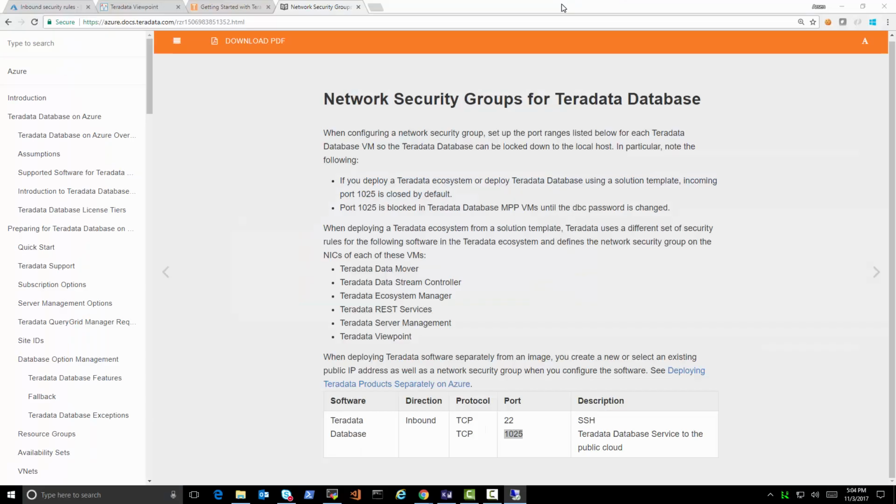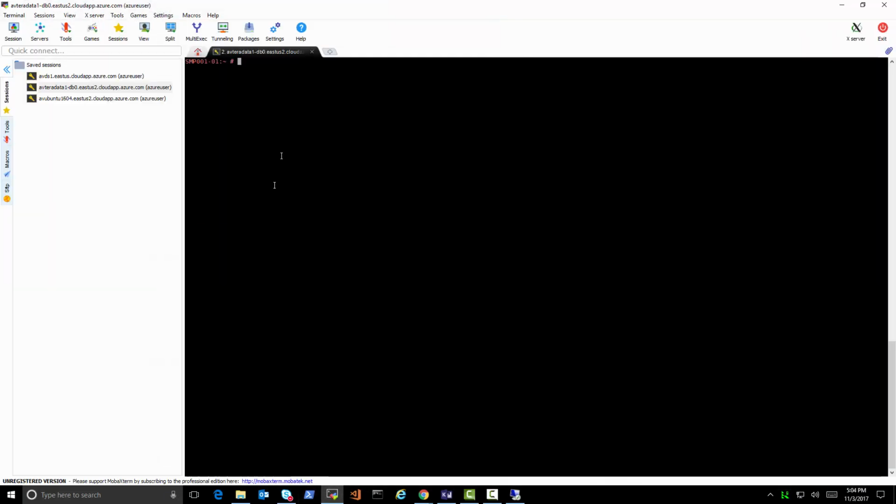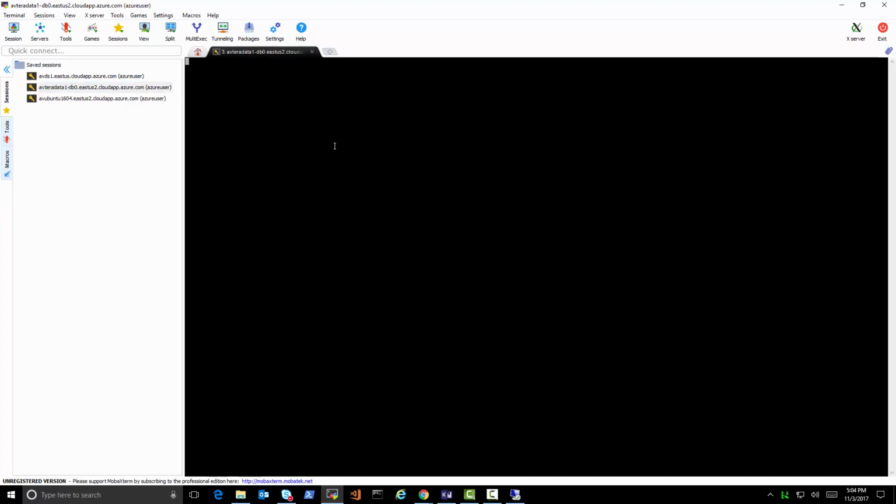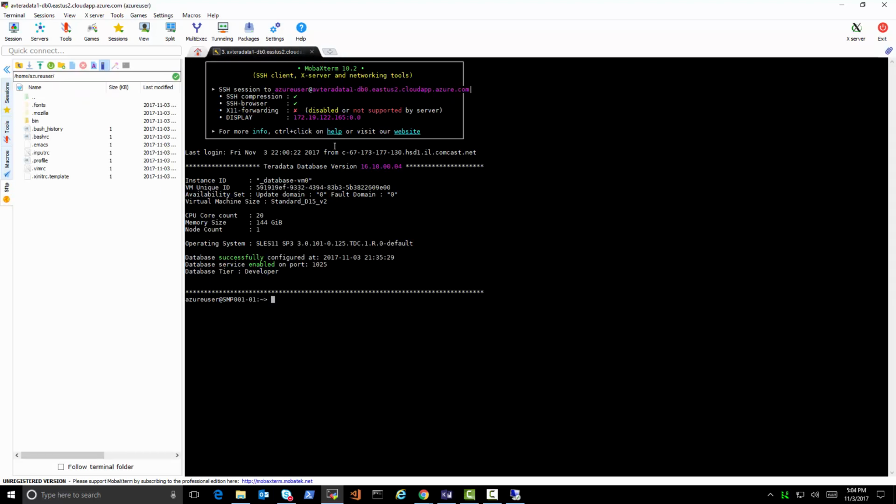Let's also connect via SSH. So I'll just show you how we do it. We take the IP, we connect via SSH. The username is the Azure user, that's what we used. And once we're connected, we sudo, and then we run the bteq tool. We say logon, dbc, and the password,